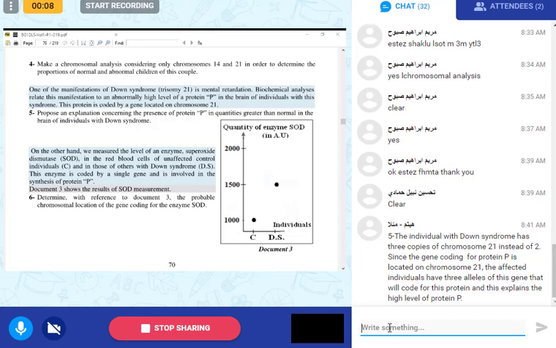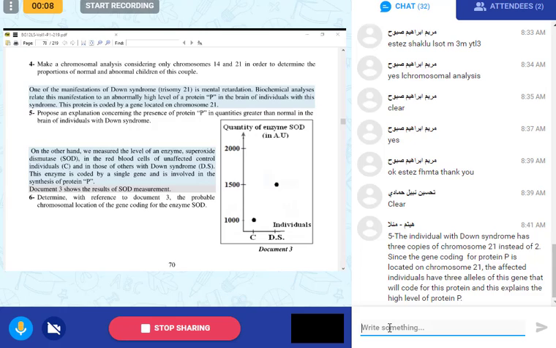On the other hand, we measured the level of an enzyme, superoxide dismutase, SOD, in the red blood cells of an unaffected control and those of individuals with Down syndrome. This enzyme is coded by a single gene involved in the synthesis of protein P. So the enzyme SOD will help to make protein P. In the normal control, the amount of SOD is about 1000. In the individual with Down syndrome, it is 1500, which is